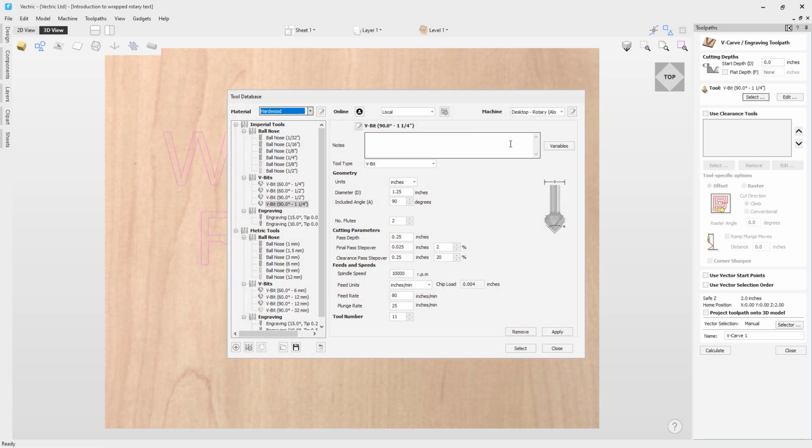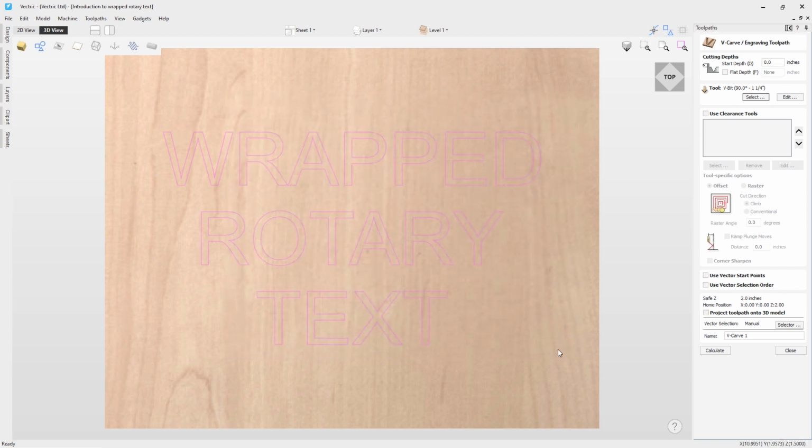and works well for me. But again, I recommend you do some testing of your own and make sure that any tools that you're using are safe and appropriate for your setup. You can see I've got that associated to my desktop Rotary setup. I'm happy with these settings, but again, do make sure that your settings are safe and appropriate. Don't need to use clearance tools, and don't need to worry about these settings here, so we can click calculate